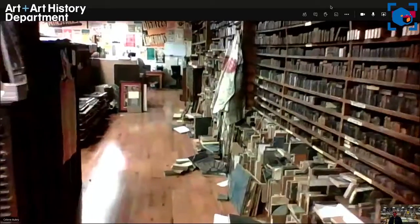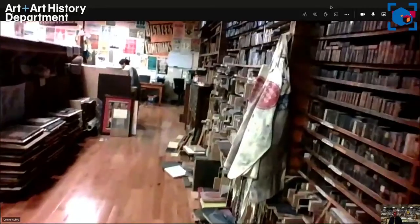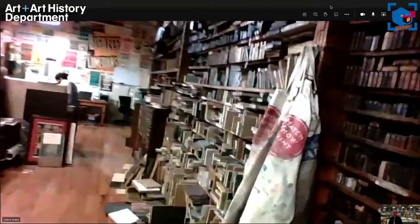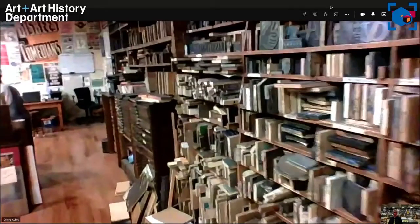That needed to be advertised. People needed to know who, what, when, and where, and they would come to a shop like Hatch to make these posters. And so now here we're at the magical wall of type, although yes. I'm going to swing around real quick to show you